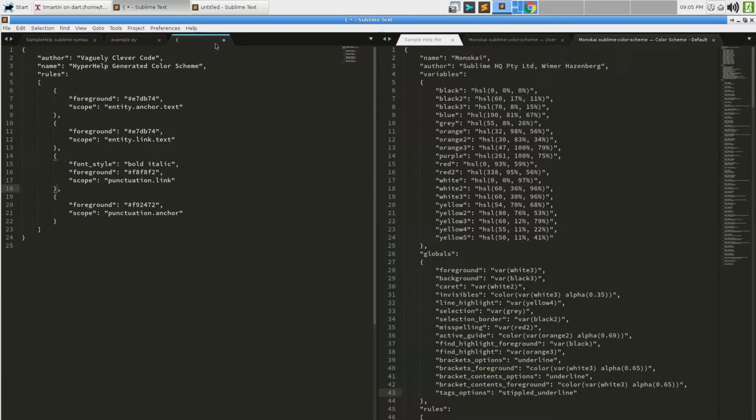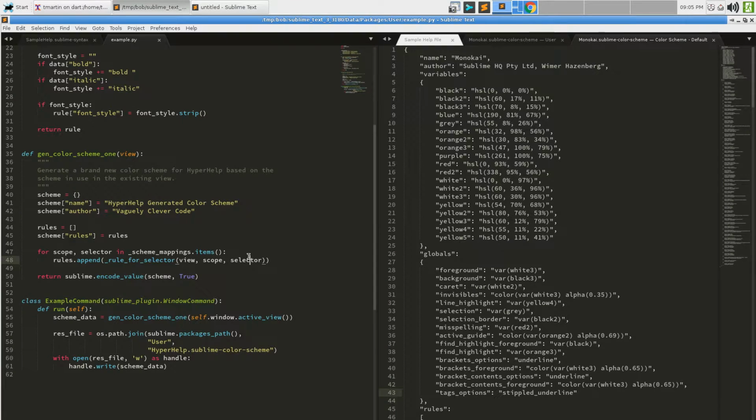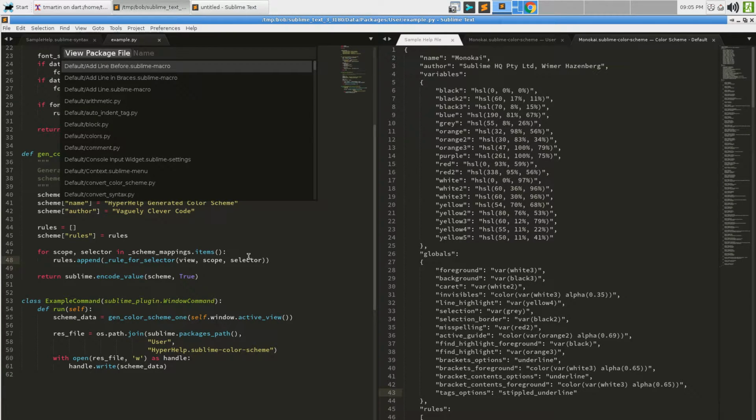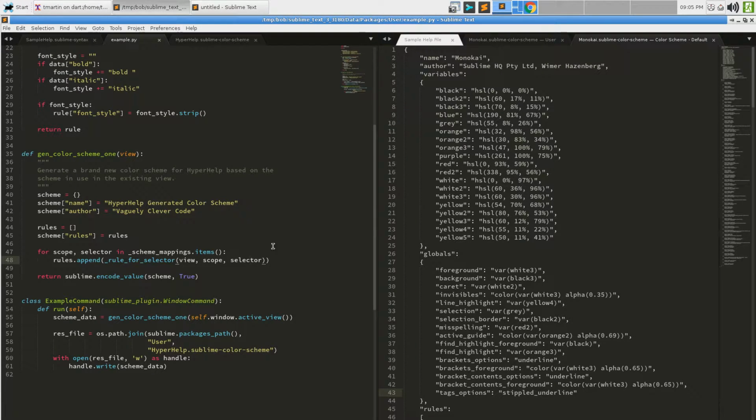Our color scheme didn't have that. As a matter of fact, maybe we might even close that version and say VPF hyperhelp.sublime-color-scheme so we can actually see what the file looks like. It doesn't have that global section at the top of it, so of course it looks like crunk, but that's actually something that we can fix as well.